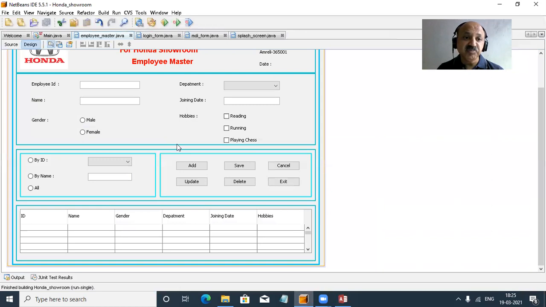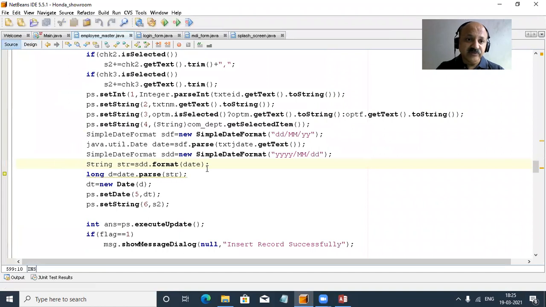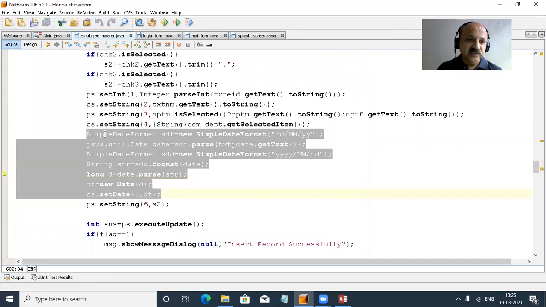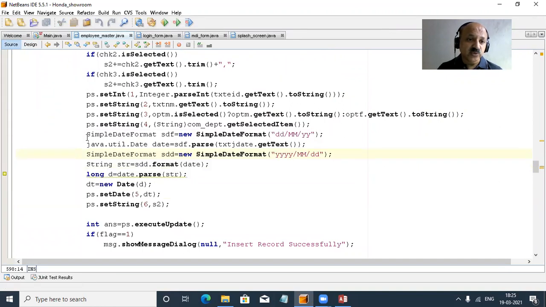We can apply the SimpleDateFormat class to our insert query. That is very important. You can look here, this 7-line coding is very important. First we take the format dd-MM-yyyy, take the date and type cast it to this format, and again we use yyyy-MM-dd. So we convert and store it in a string variable, and the date is a utility date variable, and reference, and getTime, and store it in long, because getTime's return type is long integer.